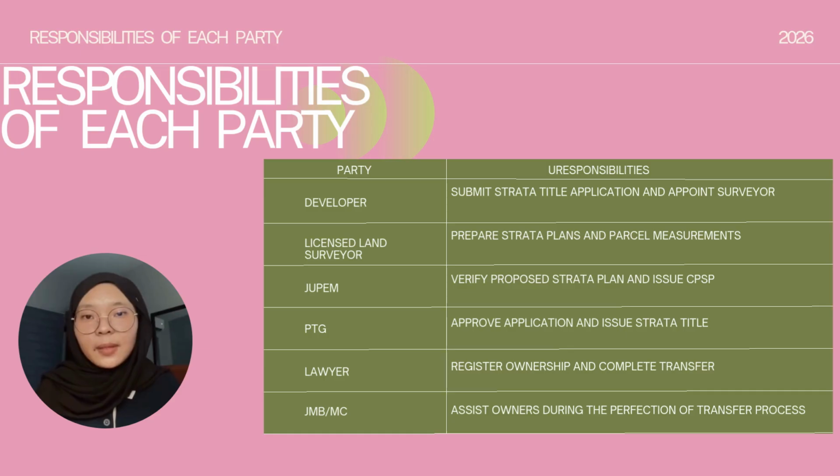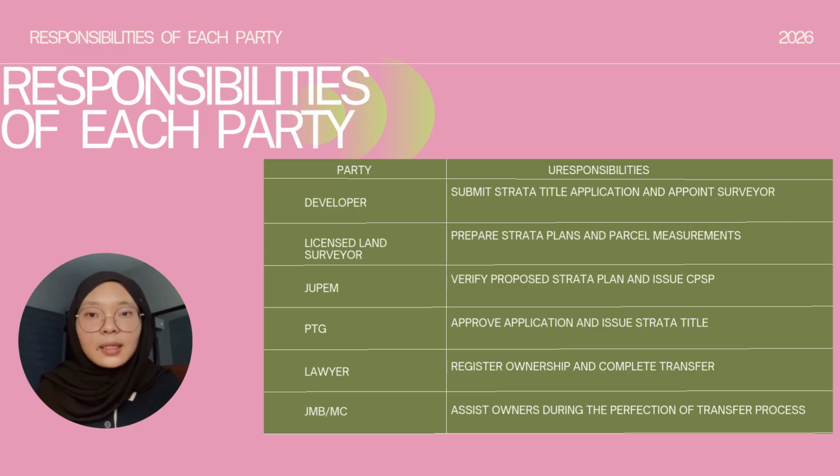The licensed land surveyor prepared the official strata plans and measured every parcel accurately. Next, JUPEM verified the proposed strata plan to ensure compliance with technical requirements before issuing the certificates of proposed strata plans. The State Land and Mines Office, or PTG, reviews the applications, approves the share units and issues the individual strata